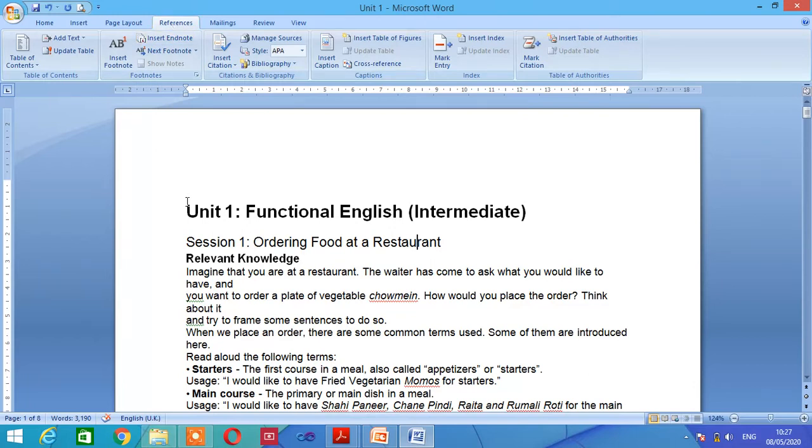So how to set a table of contents? First of all, to set the table of contents, we have to set the headings. To set a heading, put the cursor where you want to set the heading, and then click on Add Text available in the Table of Contents group. Click on Add Text, click on Level 1. Now click on Session 1, click on Level 2.